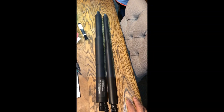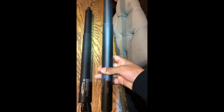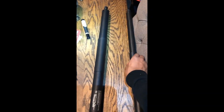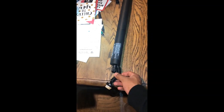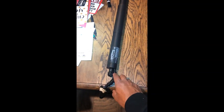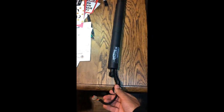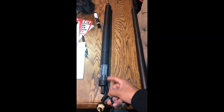Liftgate was always a problem for me, so I was always able to find videos on YouTube on how to put on a support cylinder or a support strut, which was great, but none of the videos really showed me how to replace the actuator, is what I believe it's called. I'm not a Ford guy, or I'm not a car guy, so if I can do this, you should be able to. This part is where the